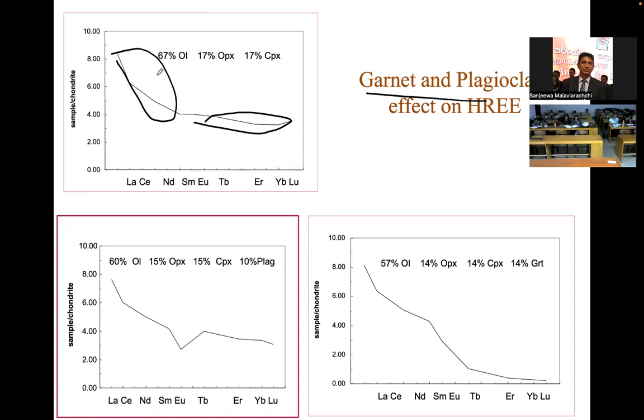Something else has happened to enrich these light rare earth elements. Other elements are almost flat, middle to heavy. This slight change is not very considerable because other minerals can also take up some heavy rare earth elements, so obviously you get some slight depletion. That is normal, it's not the garnet effect. You will see the garnet effect, and also you can see